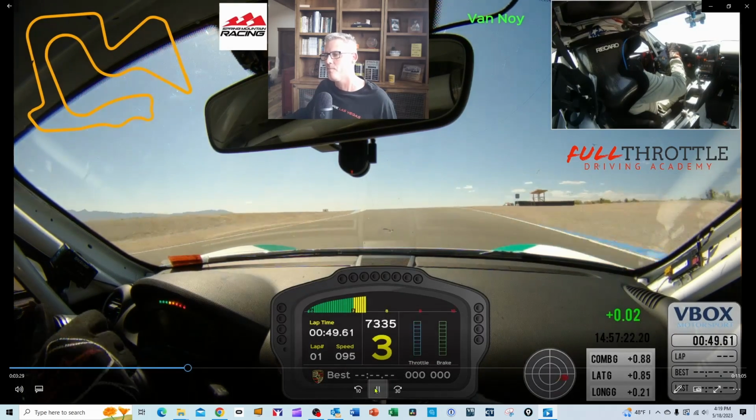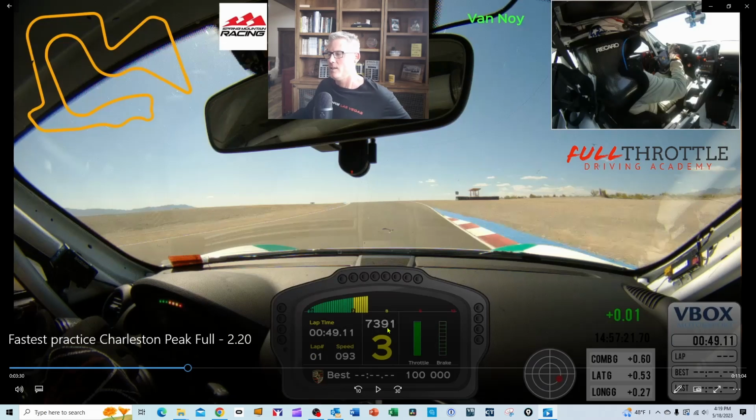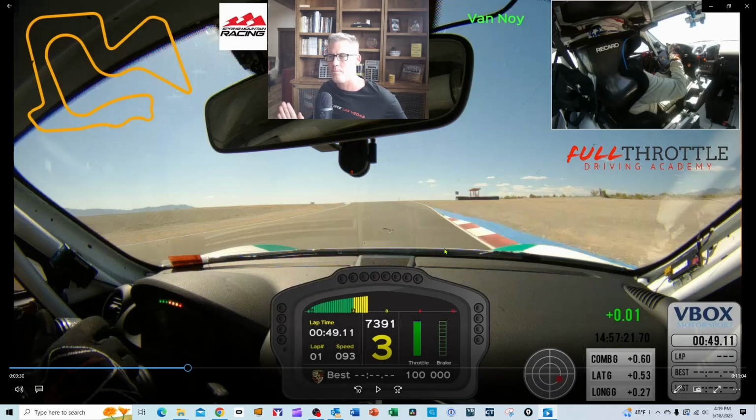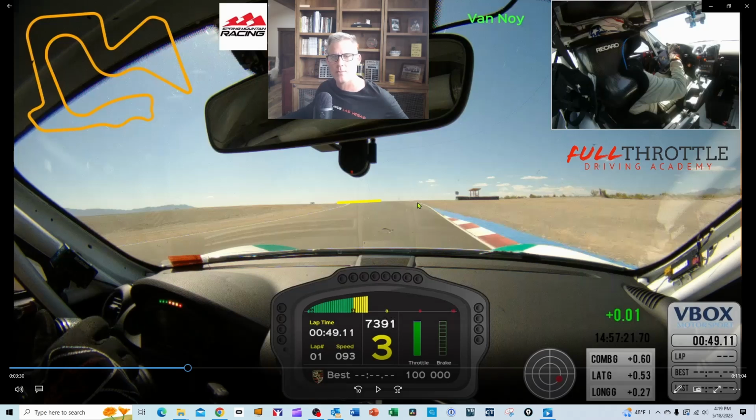So what we want to do is we want to prepare for this corner. We want to be far right, as we are here. And I'm already turning into the left. Look at my hands. And I'm going to try to get a lot of early rotation on this, okay? We're going to get that car pivoted and get most of the turning done as we're headed up the hill. And when we get to the top, which is here, we want to make sure most of the turning is done so we can straighten the hands, and then we'll give a burst of full throttle as we head down